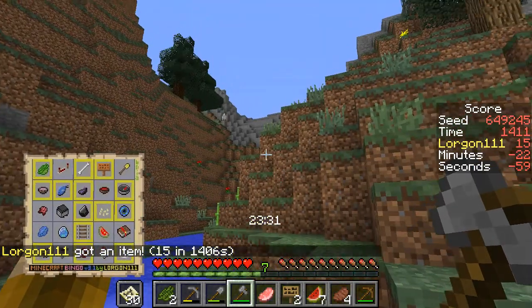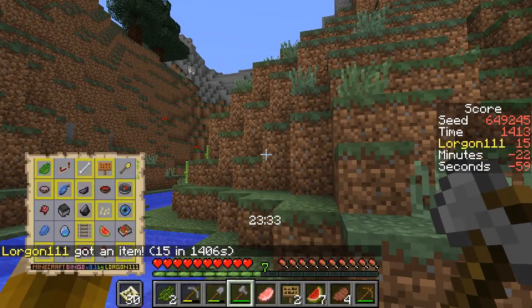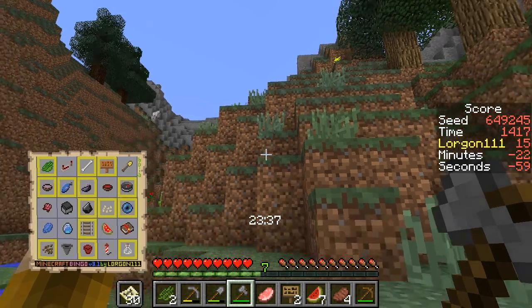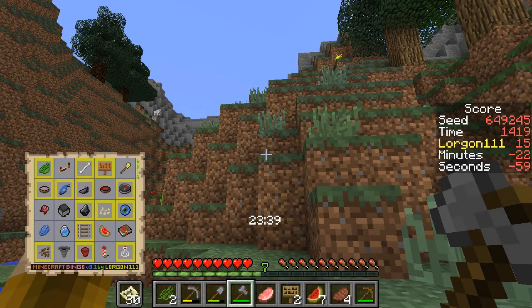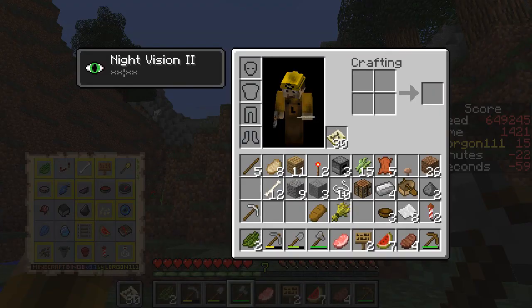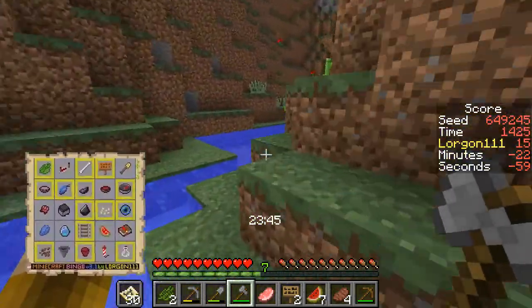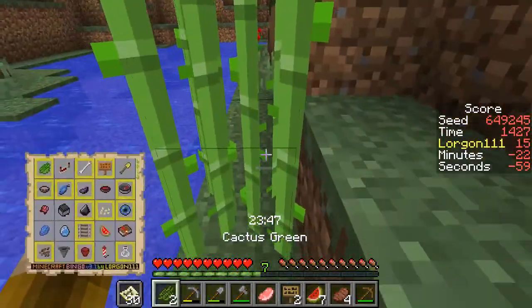And yes, apart from, seems like there's one upstairsy thing. I could, in theory, get everything downstairs at this point. Even the beetroot stew. Yes, so it's time for me to head for a cave. And hope that we get lucky